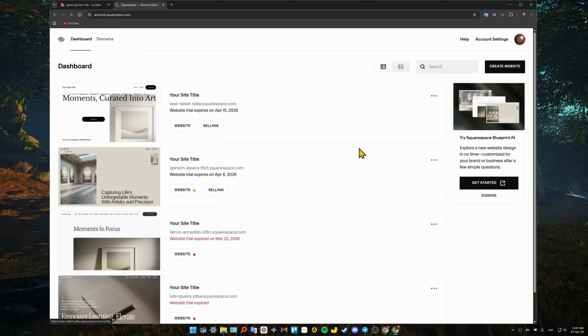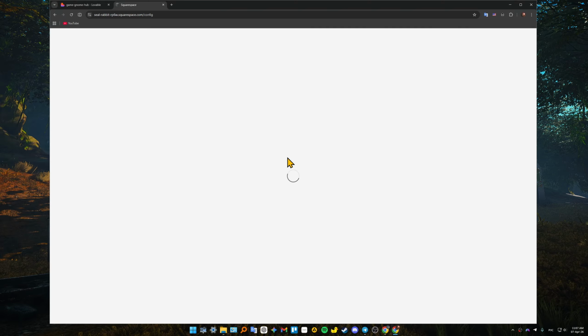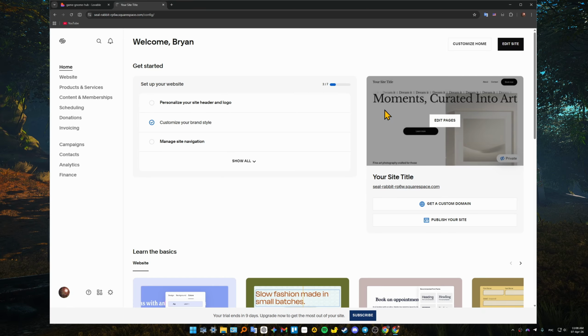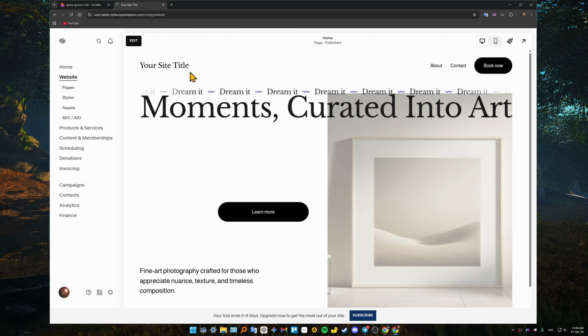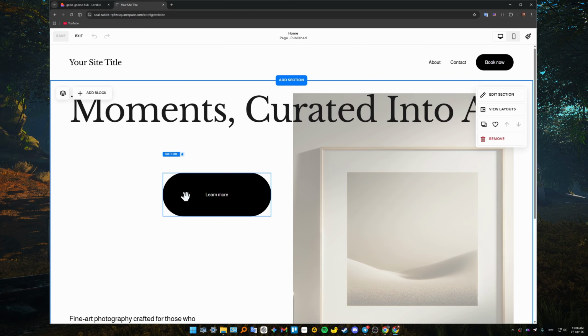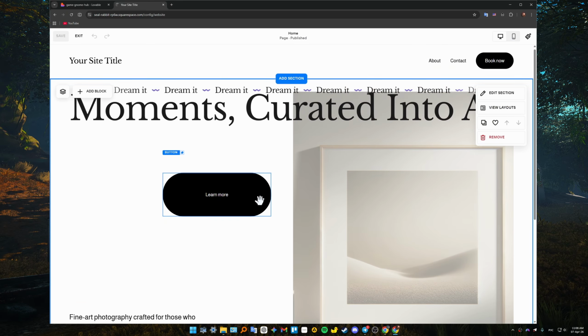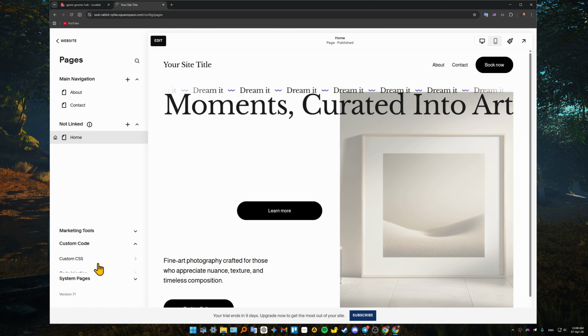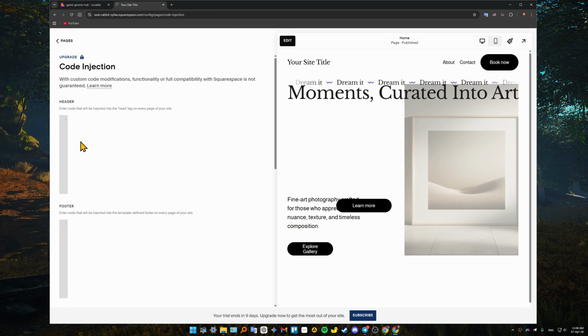Choose your site, and then let us go into the site editor. Go to the page where you want the app to appear and click Edit. So you go Edit Site, then Edit again. Now, as you can see, we have sections and pages, so choose the one that you wish to add your app to. Then you go Custom Code, you can choose Code Injection, for example,